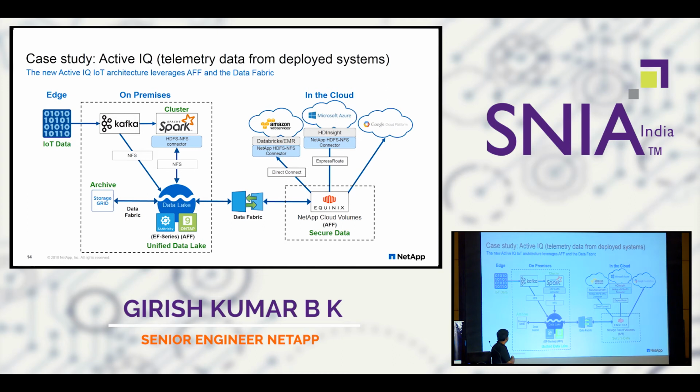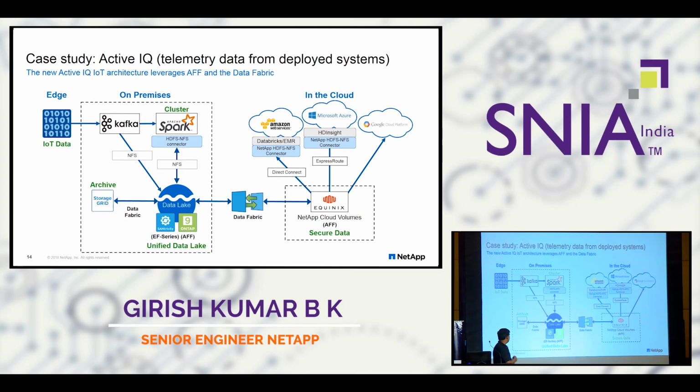So this is one of the examples where we have data coming from our deployed systems. This is on-premises within the customer environment. Because of data sovereignty issues, you can't move the data fully outside. So you analyze it locally and then move the data through the data fabric, which is the NetApp mirroring protocol. Then you push it into an Equinix kind of data center, which is independent in the sense that you host the data here and can connect to any of the clouds. The data resides in the Equinix data centers, connected to all the hyperscalers through high-speed networks, and you analyze the data and get the insights.